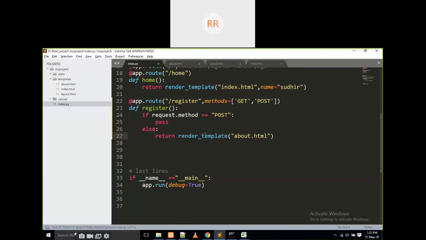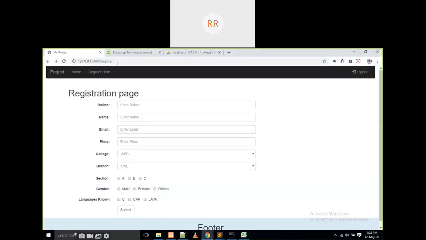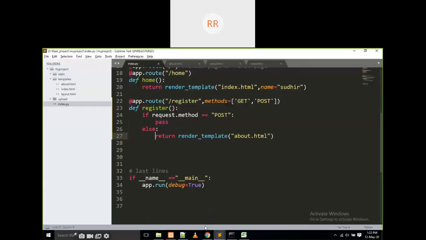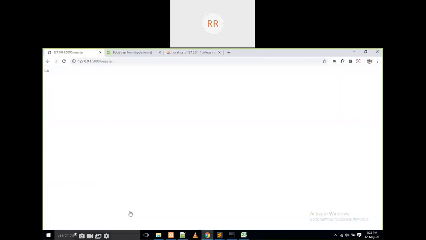Okay, I'm going to work on this one. If I execute it, no problem. It is going to work with the get method. For example, if I write return hi, and click on post, it is going to give hi here.